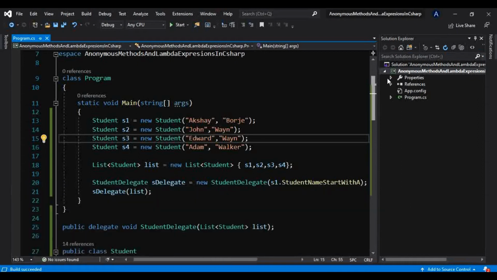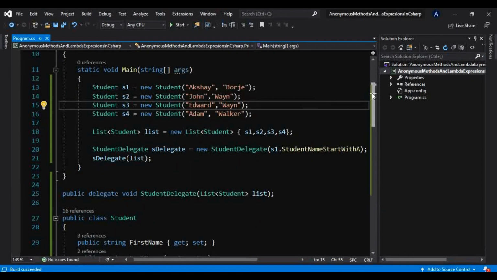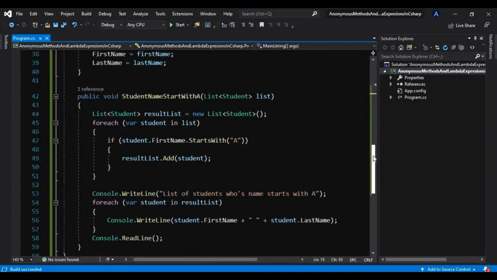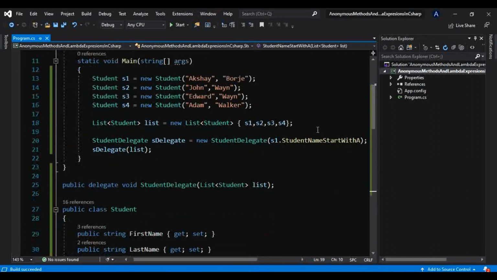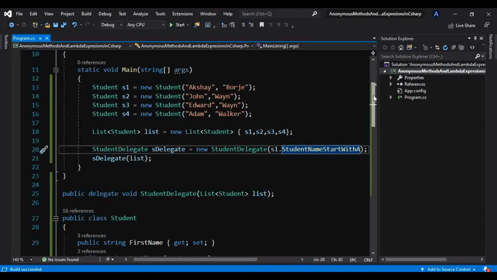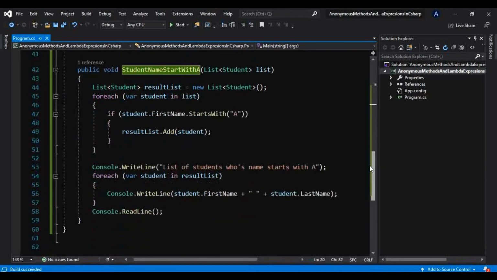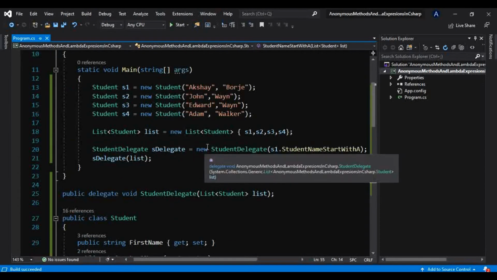And now let's just see what is an anonymous method. Now what do you guys think, is this an efficient way to create this method here in this class, and after that pass that to this delegate instance? What if in the future we want a method which will return a student whose name starts with B, and whose name starts with C, and so on, that is A, B, C, D, E, F, until Z, if we want such methods? Is this really an efficient way to create this method each time in this class and pass that to this delegate instance?